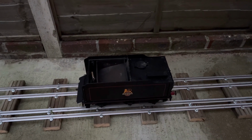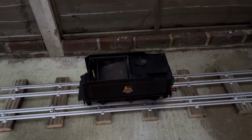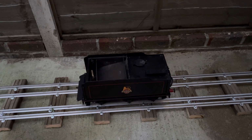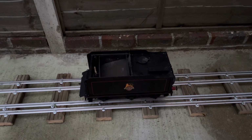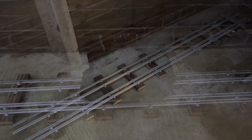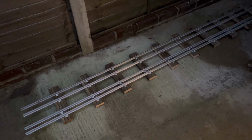That looks fine to me. So, can we go one more, just for giggles, and get a 2.5 in there? Not that I've got anything 2.5 to test it with yet. So the answer is no, I cannot get 2.5 in there